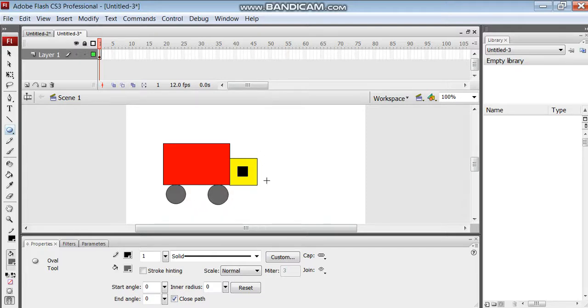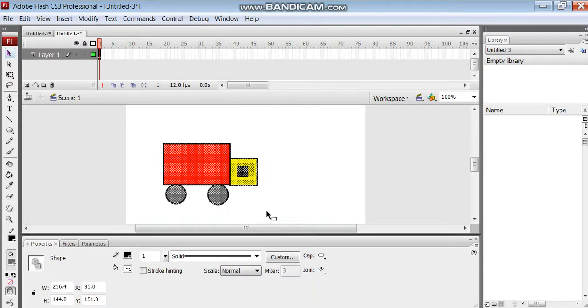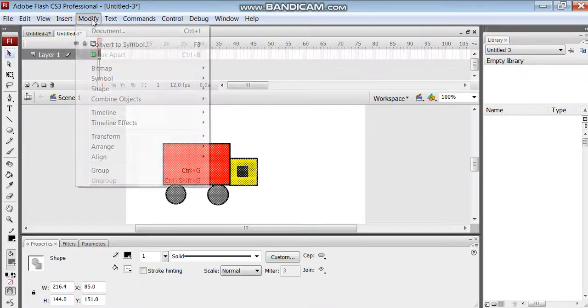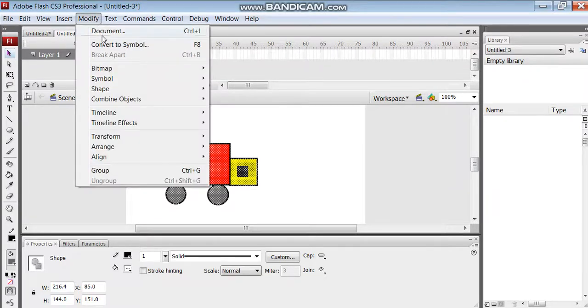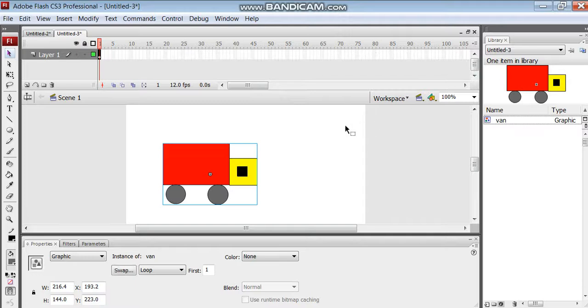Now I want this to be converted into a symbol. So first I select it, the whole thing will be selected. After selecting, click on Modify, Convert to Symbol, and the shortcut key is F8. Here we gave it the name van and selected Graphic. So this will be your symbol.